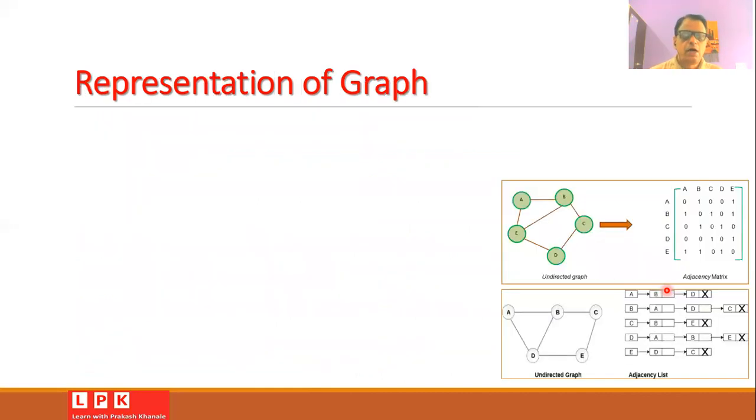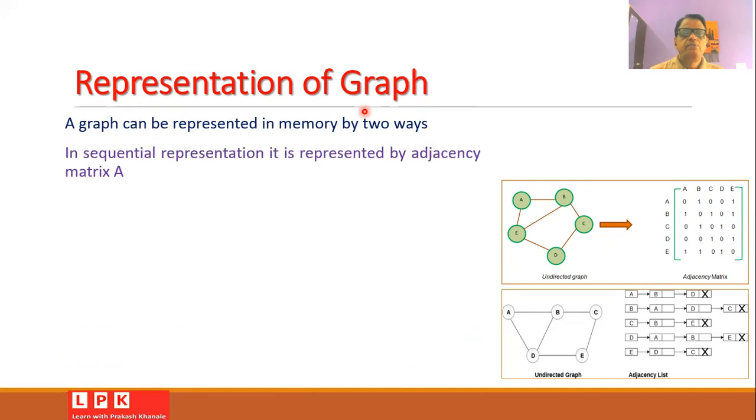Now let us understand how graphs are represented in memory. A graph can be represented in memory by using two methods. The first method is called the sequential representation.